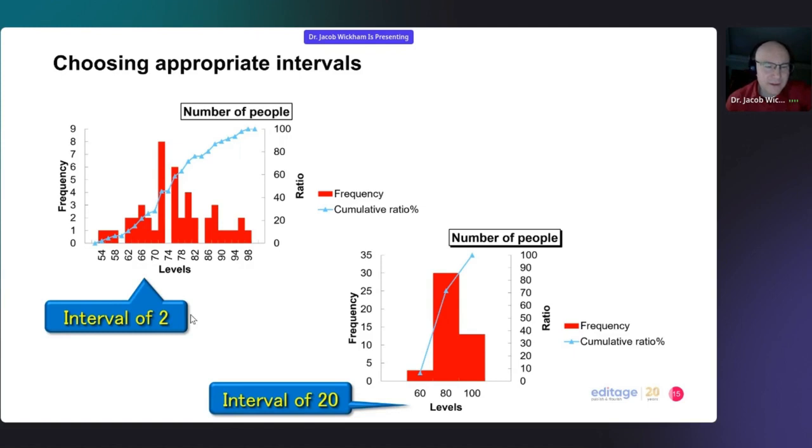And then the researchers went as far as showing intervals of 2, and you can actually see the entire distribution and where the scores fall. So I think either the interval of 2 or 10, they both work at giving you a good idea of the spread of the data.